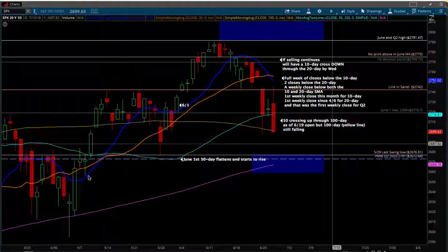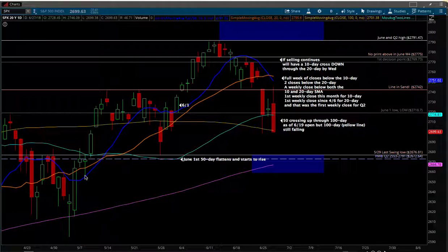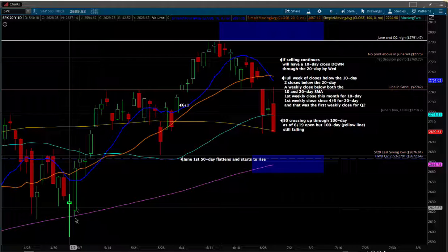This interesting little level over here, if you look to the left, is a level that came about during the very first leg of the rally in May. When this rally first began, we pushed down to 25.94 on a Thursday. We came in on Friday and held the 200-day simple moving average. We had Warren Buffett on the air talking about his big amassed fortune of Apple stock, and the market rallied on out, and we had a huge trend day that day, taking back both the 10 and the 20-day simple moving average. And then when we got to the next week, to Monday and Tuesday, we had a couple of